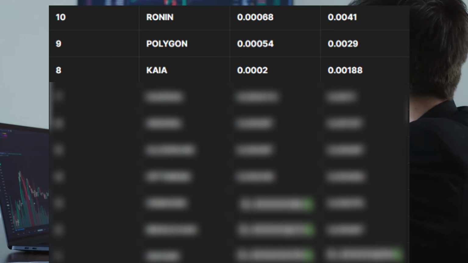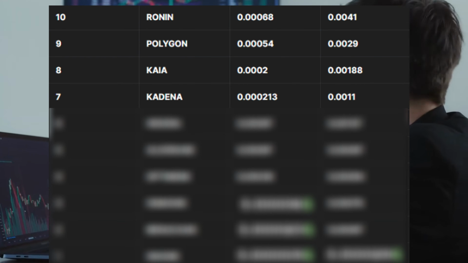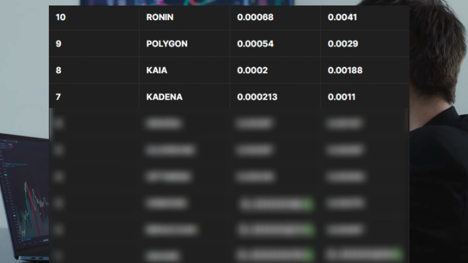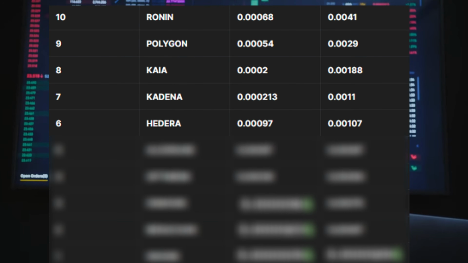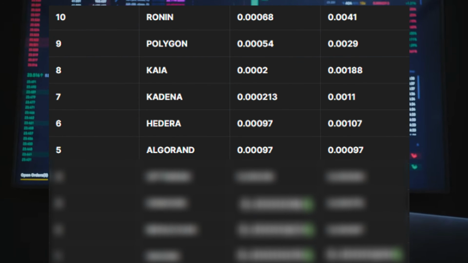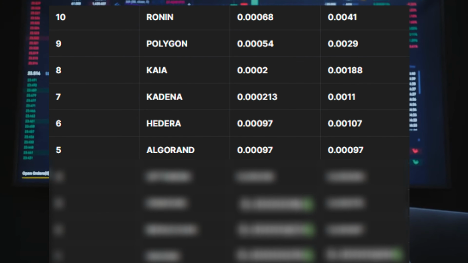Then below them at 7 we have Cadena, which is slightly expensive on the transfers, but it's almost twice as low in swap costs, so that's pretty crazy. Then we have Hedera, another very affordable option in terms of both transfers and swaps. And below it, very slightly, is Algorand, which has a bit of a different structure when it comes to how they count the transactions,